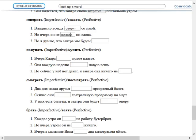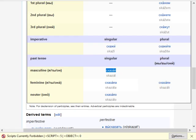Он не сказал ни слова. Но я думаю, что завтра мы будем. But I think that tomorrow we will talk. And this is still сказать, I guess, because it's